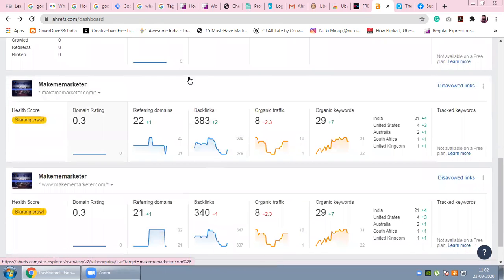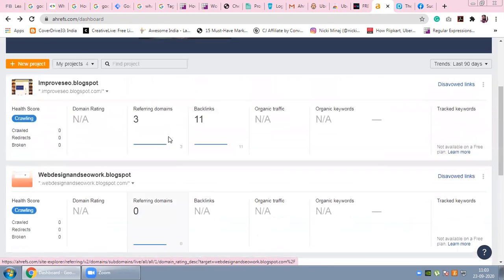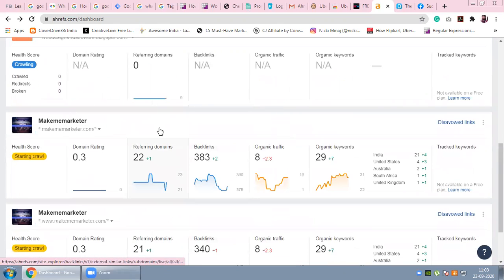This website, makememarketer.com, is the one I am currently handling. This other one was a free domain made long back, so currently they are not working for me.